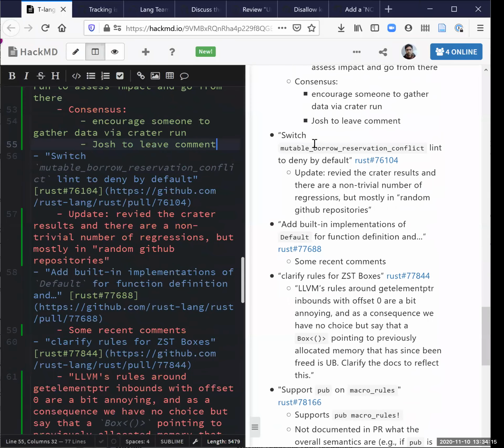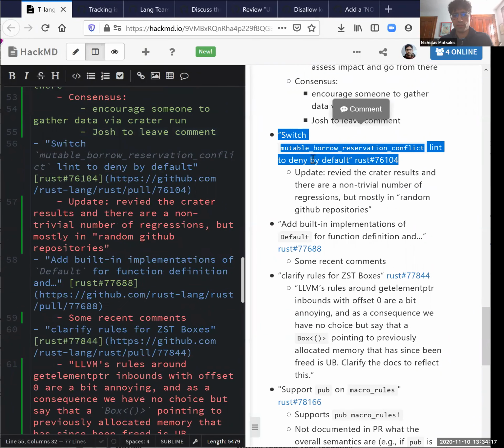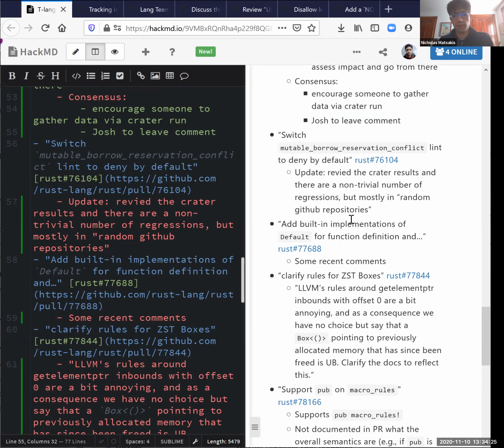Let's keep going. So, mutable reservation conflict lint. We talked about this with Linting. There's not really any major updates here. I don't know if we should go into it because it's a complex topic, but we do need to resolve it at some point. The main thing is that the last time we talked about it, we thought maybe the crater impact was low, but actually it's a lot of regressions in raw number.